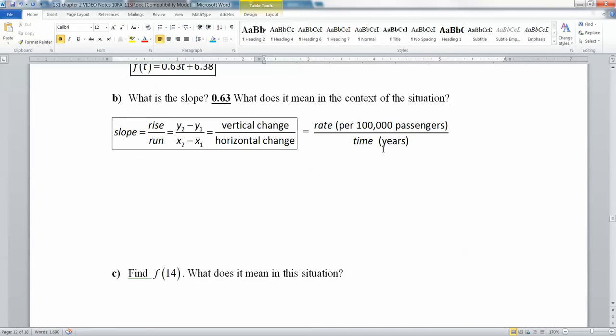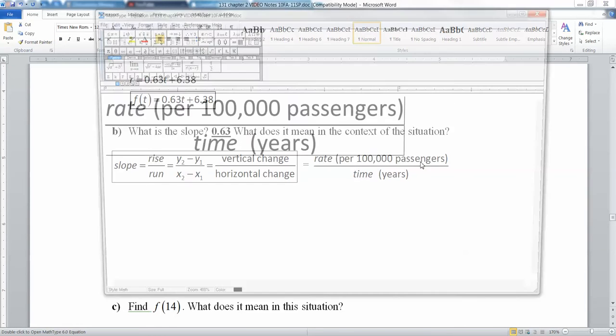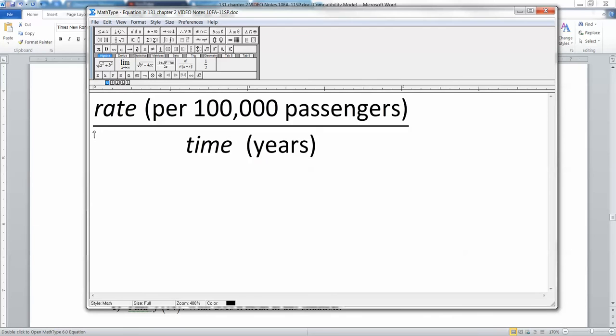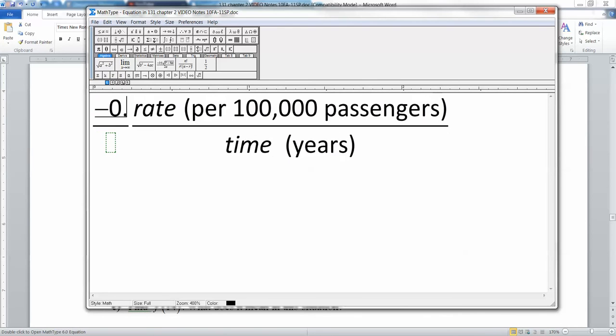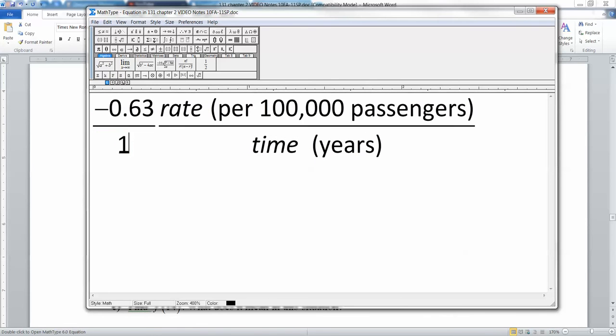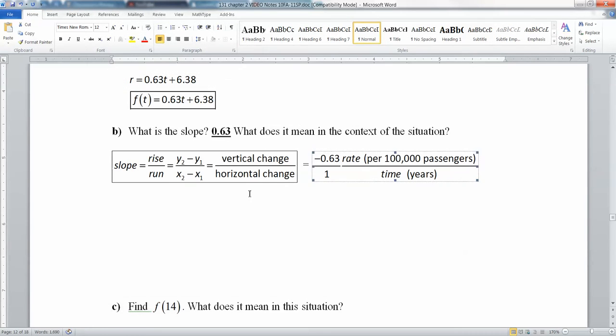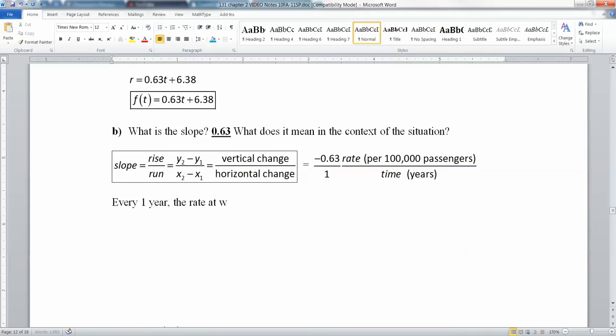You're going to use both these numbers. So when I have negative 0.63, that's really negative 0.63 over 1, right? Any numbers over 1. I'm going to use that. So I'm going to say every 1 year, or every year, the rate at which airlines bump passengers